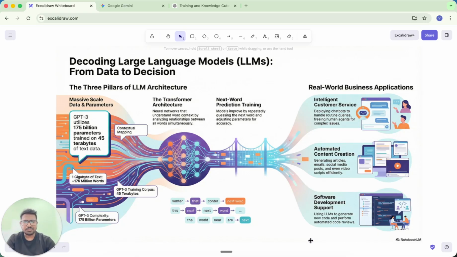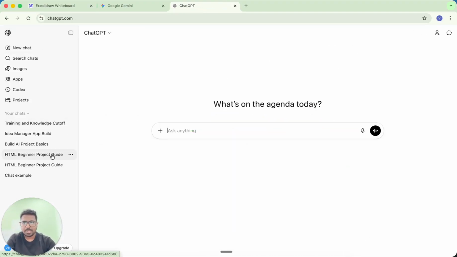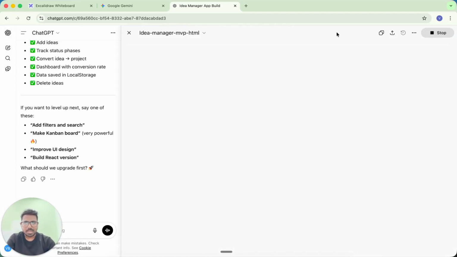Then, if LLMs are trained on 45 terabytes, which is just a GPT-3 version, which is a few years back, but current GPT 5.2 or maybe Gemini 3.1 could be trained on much more amounts of data, most probably in petabytes of data. Then if that much data is being involved in training these models, then why do they sometimes fail, just like what we have already seen in ChatGPT's response of the previous idea manager application? It is actually not doing a very good job, as we have already seen.